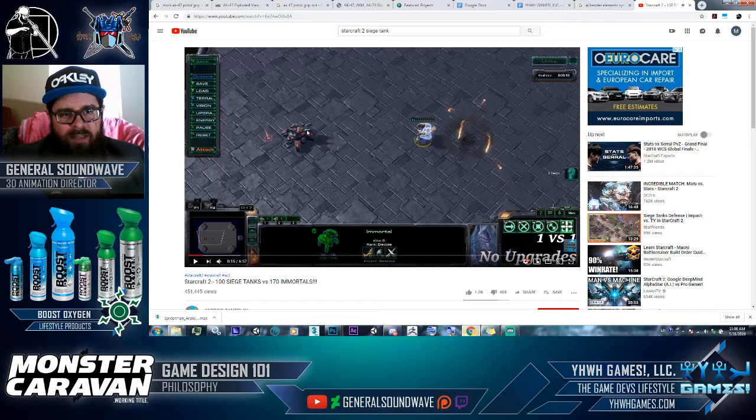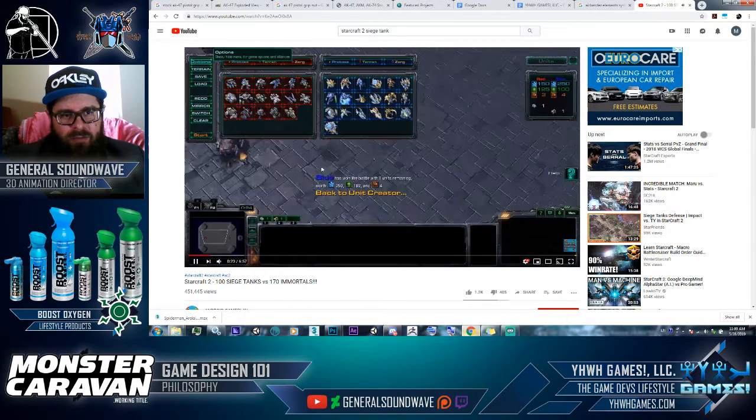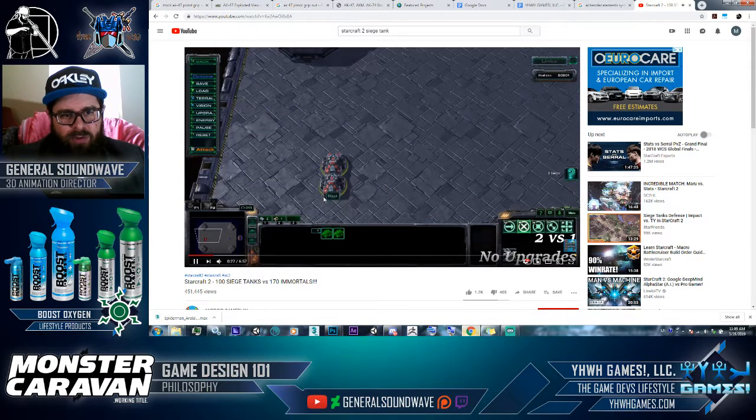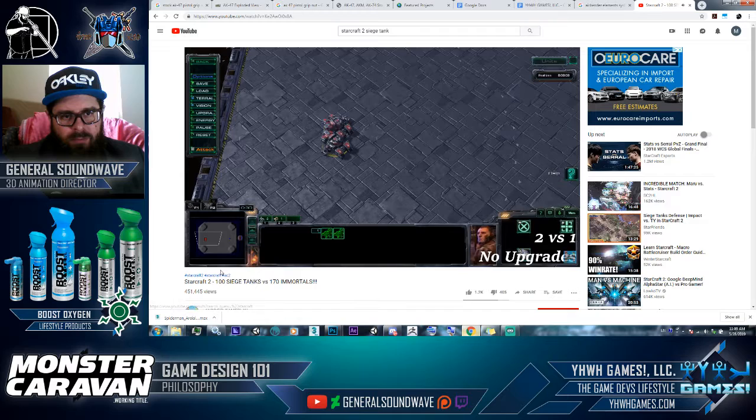So what happened is this vehicle shot an arc over on top. It's not a straight shot. It's an arc shot. And what happens is when this vehicle shoots, there's a splash damage that occurs on the impact. So as he starts explaining what happens when you put two siege tanks on the ground, deploy them in siege mode,